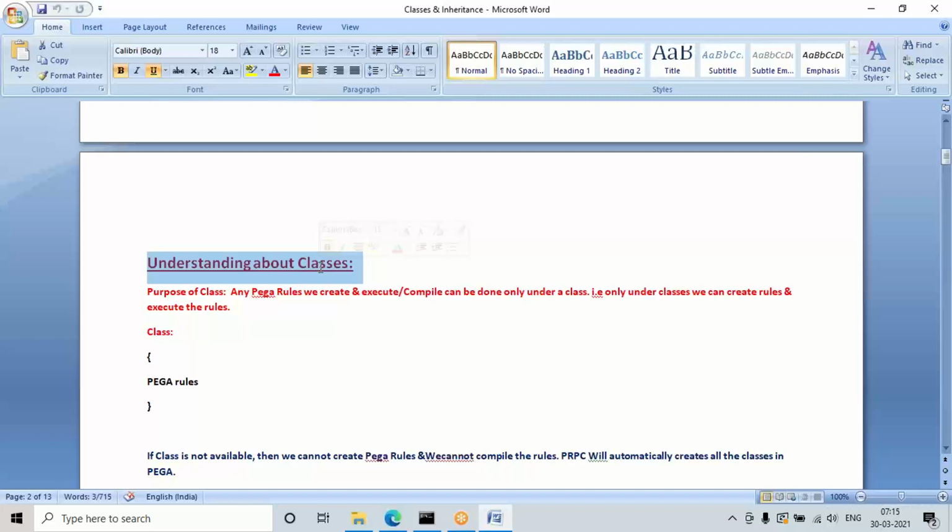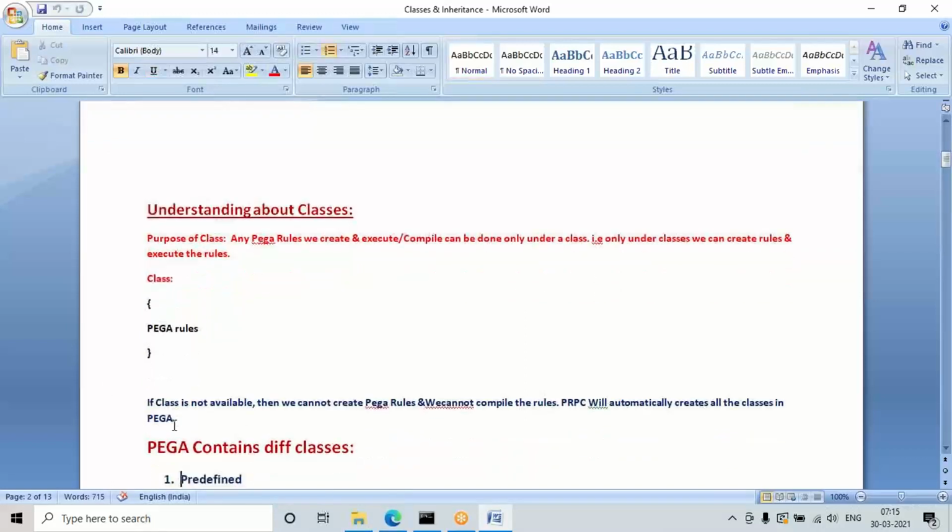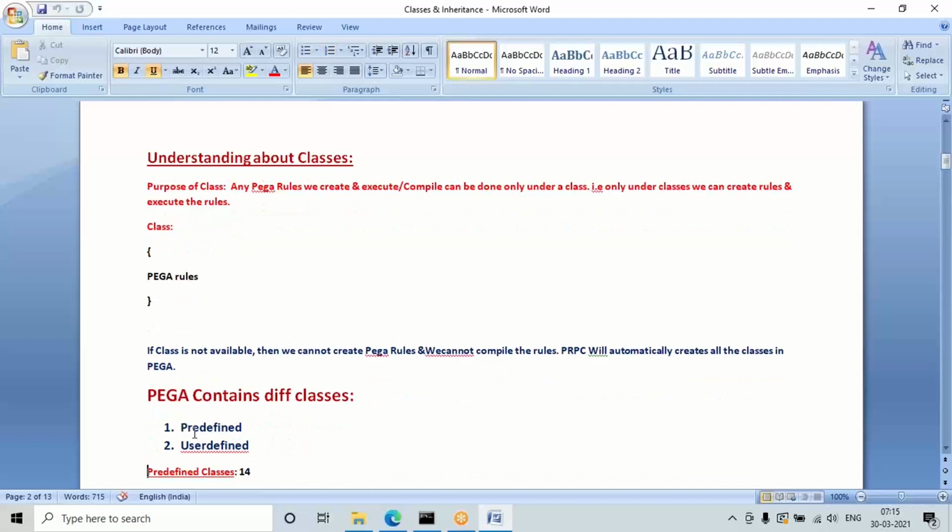Like that, in Pega we also have something called predefined classes. Okay, see what classes are now generated. These are user defined classes. I'll show them, wait for a few minutes. See, Pega already contains some built-in classes. That is, before your application creation, some classes are already there in Pega. Those are called predefined. And the classes generated after your application creation are called user-defined. They are automatically created, but after your application generation, right? So those are called user-defined classes, and the ones already there in the Pega platform are predefined or built-in classes.